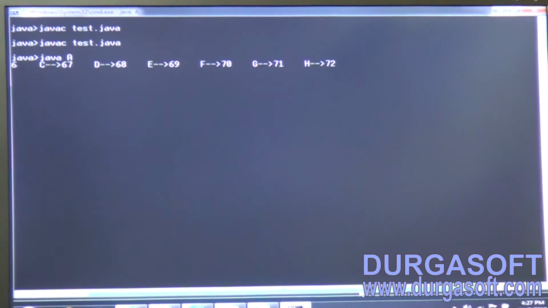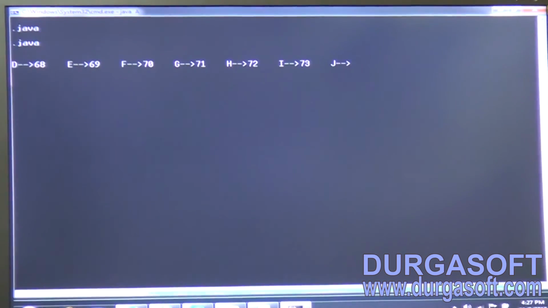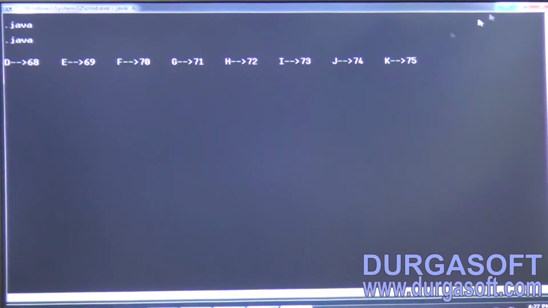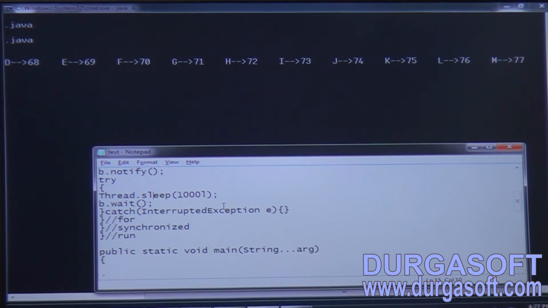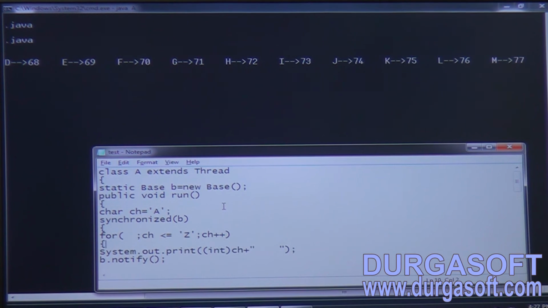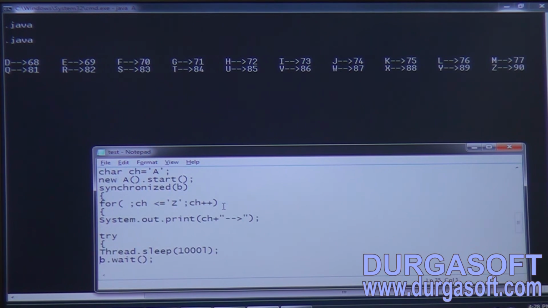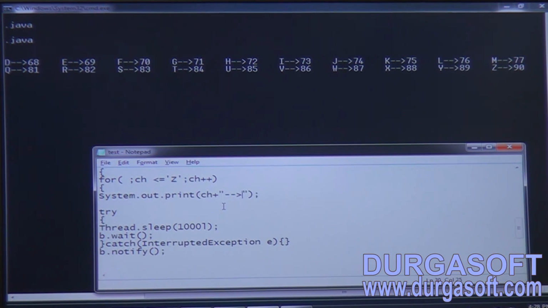Observe here, H 72, I, like that it is going to print. If you're having any doubt in this piece of code, you do one thing, friends. Just try it at your systems. Just put here Thread.currentThread, and put this one as println. And here also put println of